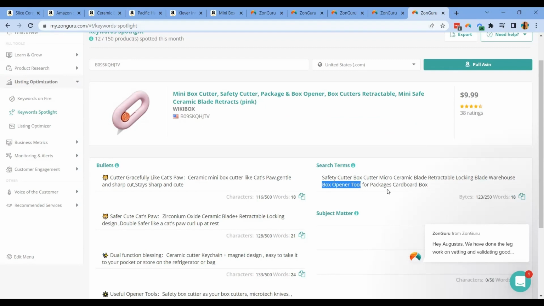Another type of keyword phrase that you wouldn't normally know is relevant and will really drive eyes to your listing are these ones: warehouse box opener and tools for packages, cardboard box. So again, we will be able to see here some keyword strategies that some sellers are choosing to do, which is a defense, and some are using to do an offense, which is targeting those other brand names.